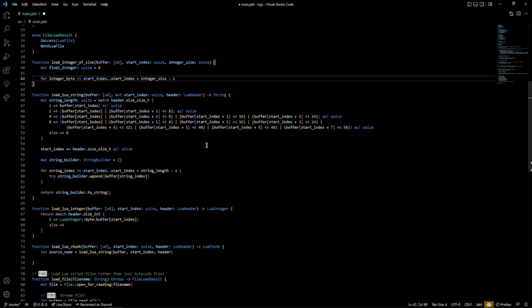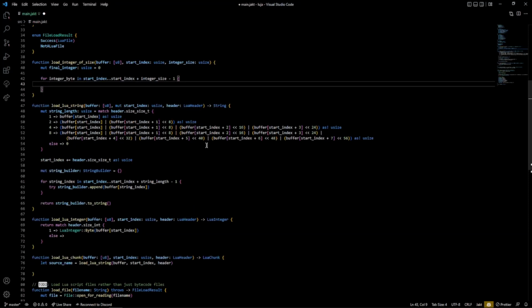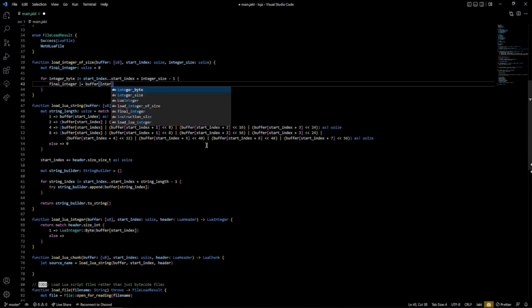So I think the for loops in Jakt are inclusive. Correct me if I'm wrong. So I think that means I have to subtract 1 if I do a loop like this. We'll just pretend we're always in little endian, which means we'll shift the final integer, or equals the buffer at integer byte